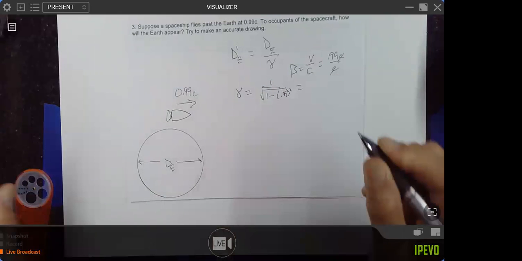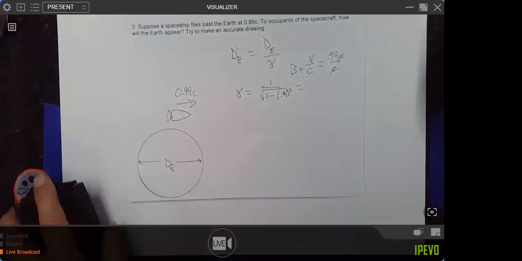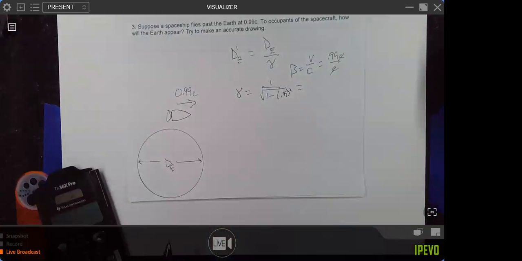Then we can calculate how much it's shrunk by. Where am I? Where's a run? 1 divided by the square root of